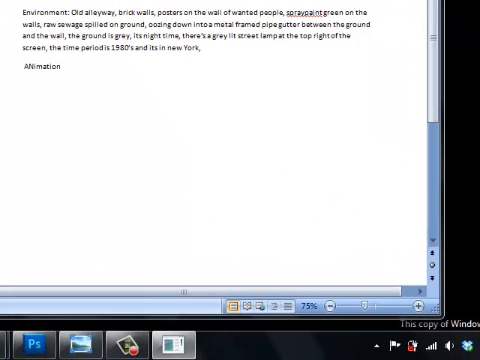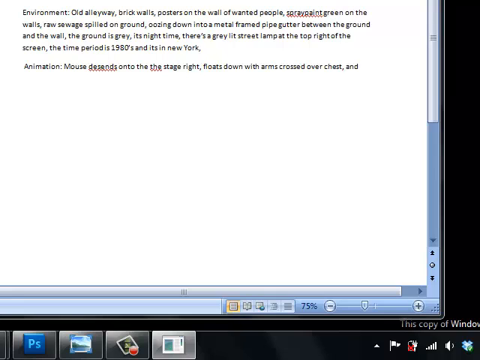So, animation. Mouse descends onto the stage, right? Floats down with arms crossed over chest and lands on his feet arrogantly, takes a bow,